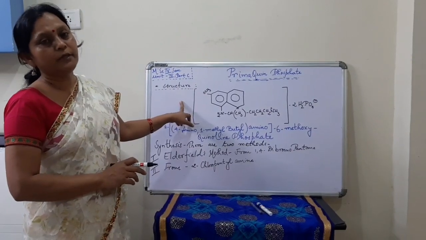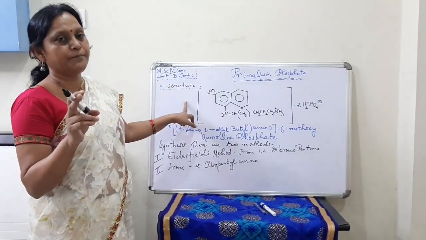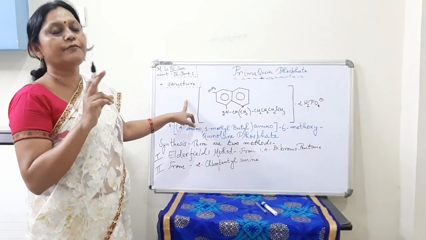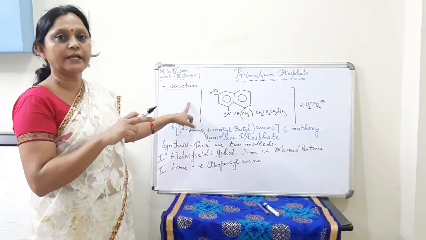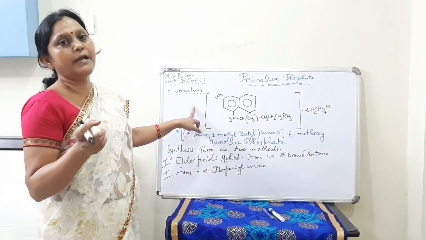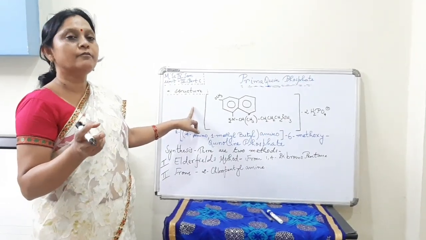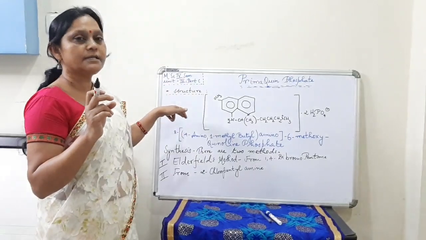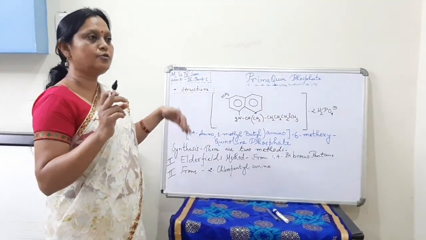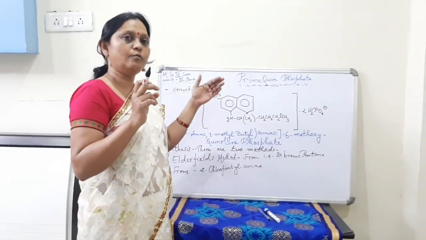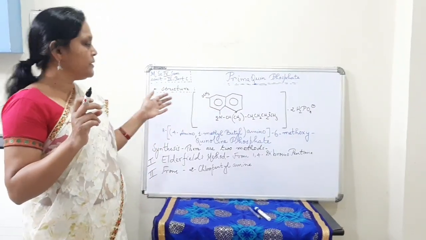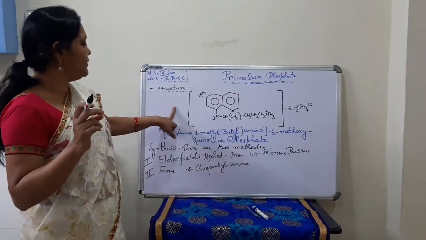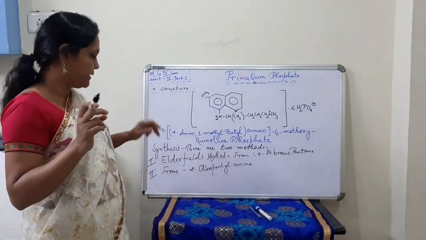Let me clear you one thing again, that there are two types basically of extracting the drug. One is from the natural resources and one to synthesize in the lab. From the natural resources, in fact, the things are a bit limited, but in the case of lab, we can try to get a different or more active class of drug. So we are synthesizing in the lab, and two methods are there.